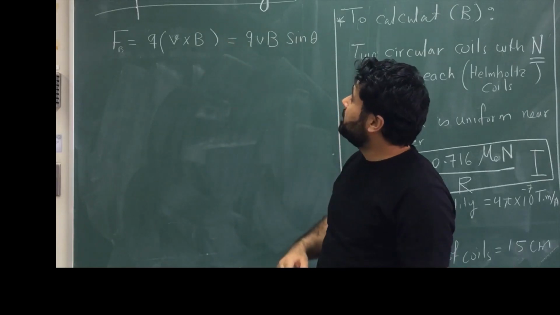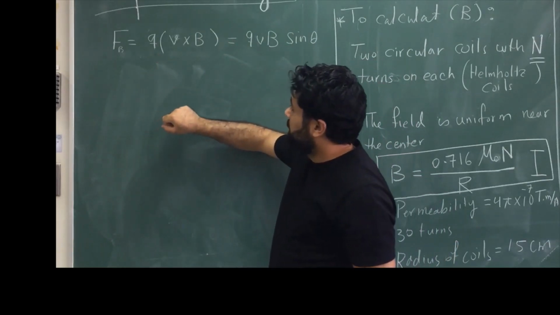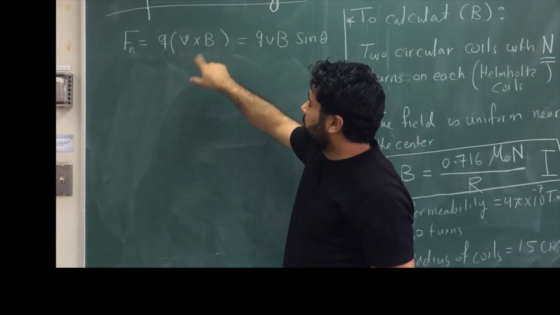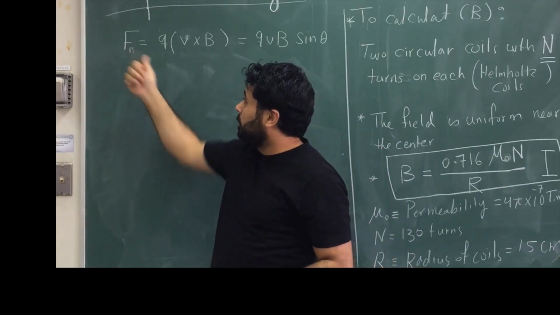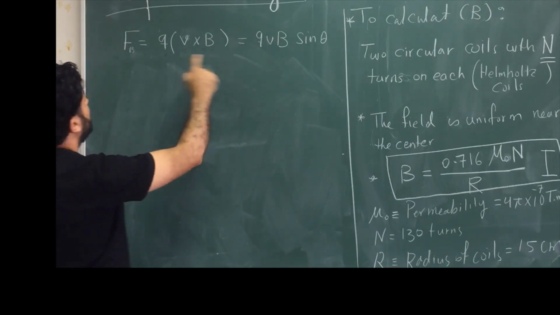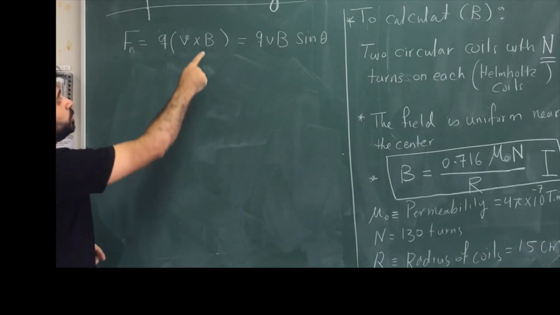Today we will talk about the specific charge experiment. As we know, if we have a charge moving with velocity v inside a uniform magnetic field, this charge will experience a force called the Lorentz force. Okay? Since we have a cross product, the force is equal to QvB sine theta, where theta is the angle between